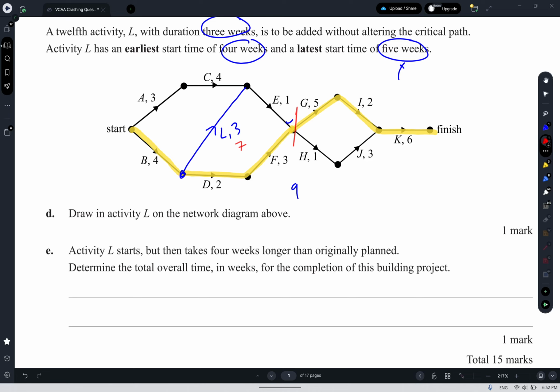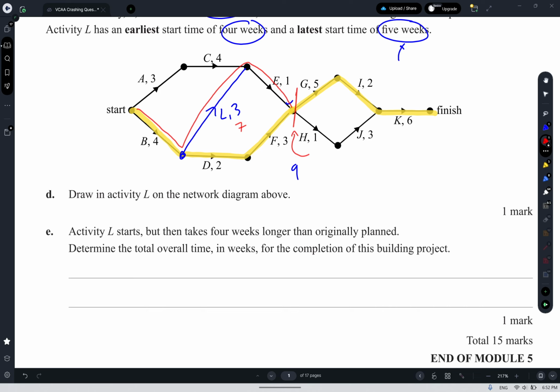It originally would have taken us 9 to get to this location before the GH activity. If L now takes 7, the longest route through the first section looks to be this BLE path. So B is 4, L is now 7 for 11, plus E is 1, which is 12. The original time it took to get to this location was 9, now it's 12, thus it appears that it has been delayed by a total of 3 weeks. So the overall completion time is going to be 3 weeks longer than it was,